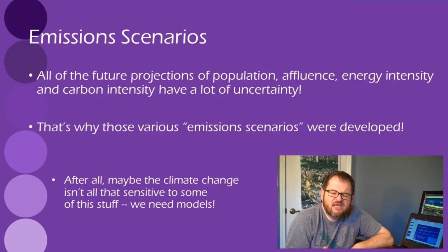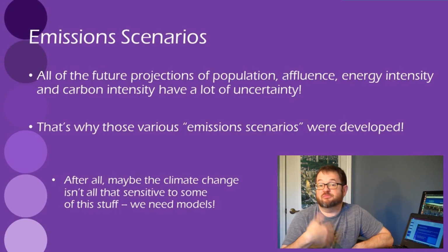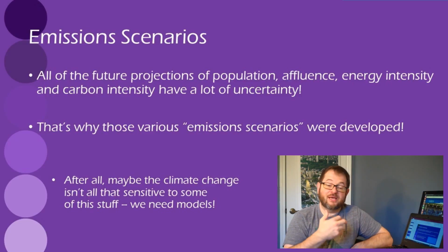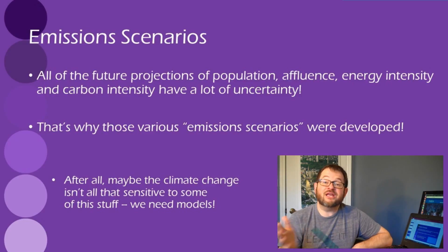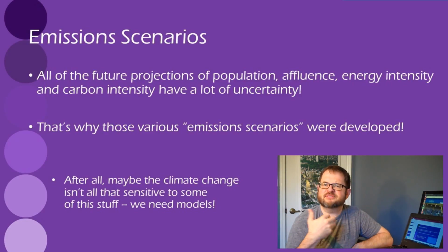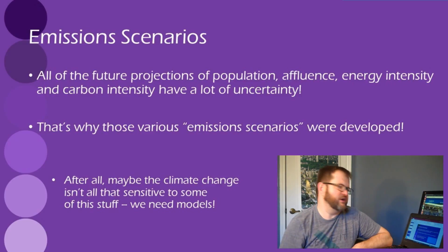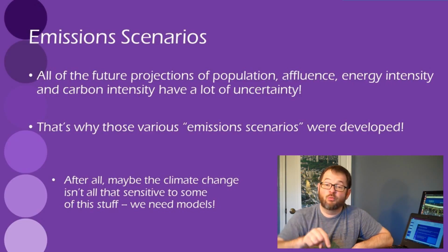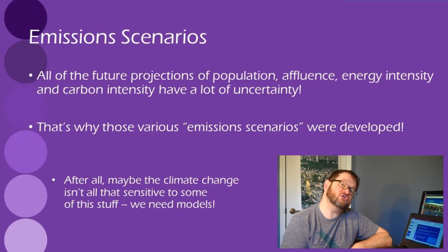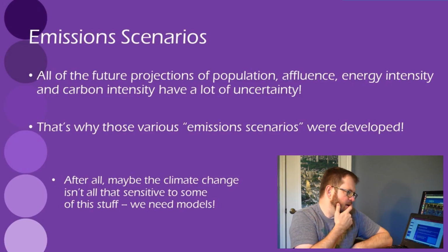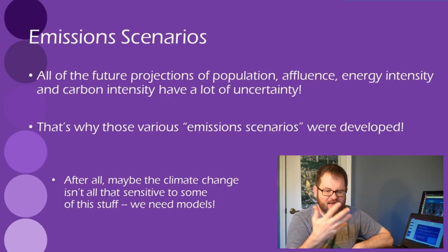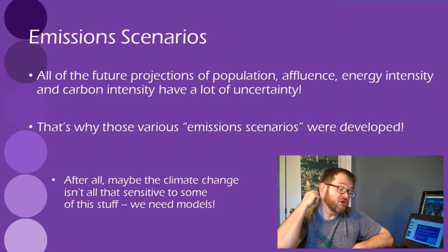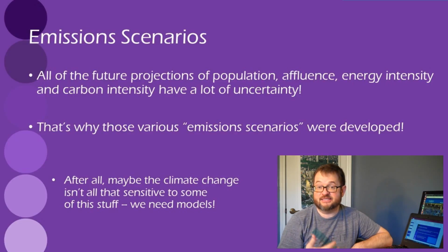What can we figure out about possible ways in which the population could change, possible ways in which affluence could change, possible ways in which technology changes, that could tell us about what are the range of possible futures, what are some scenarios about how the rest of the 21st century could happen, and then we'll use that as boundary conditions to drive our climate model. Different organizations like IPCC and AMIP, the Atmospheric Modeling Comparison Project, have developed these scenarios.